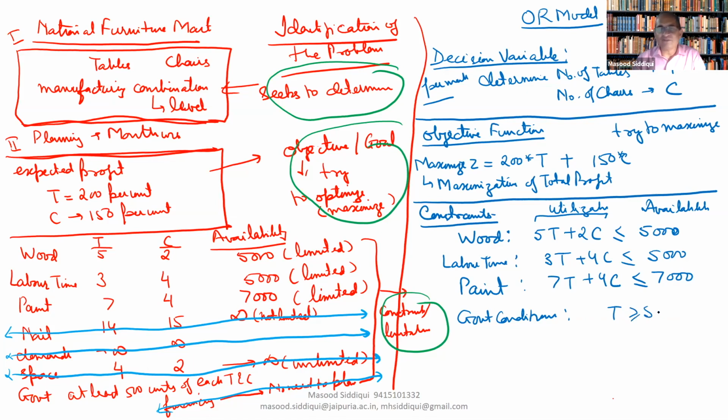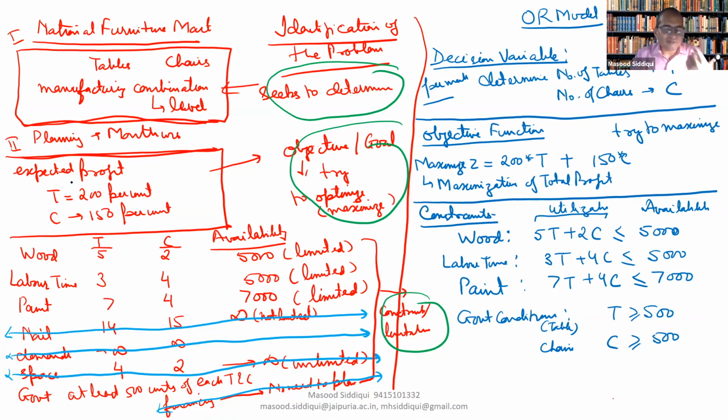It can be 500, or it can even be more than 500 also, if these things come out to be good as per the profit part and as per the resources available. So this government condition is that the number of tables should be greater than or equal to 500. This is related to the government conditions imposed on tables. And in the same manner, the department has also imposed a condition on the number of chairs. Chairs should be greater than or equal to 500. Right? So these are the physical limitations or the functional constraints that are imposed on the system.